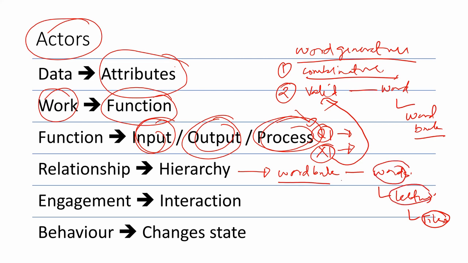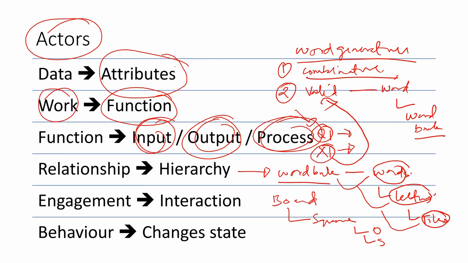So what is there in the word bank? Words are there in the word bank. Where do words come from? Words come from letters. Where do letters come from? Letters come from tiles. Similarly, board. What is the board made of? The board is made of squares. And squares are of two types. One is a regular, normal, ordinary square, and then there's a special square. Does that make sense? So you have done data, you have done work, you have done function, you have done hierarchy.